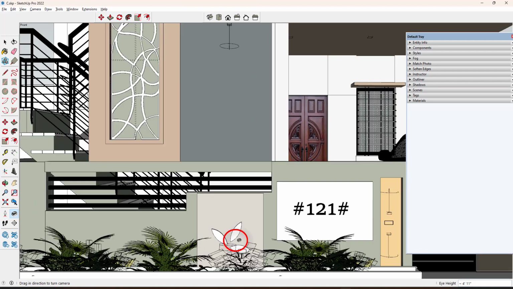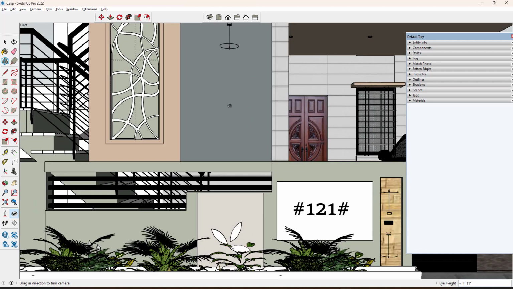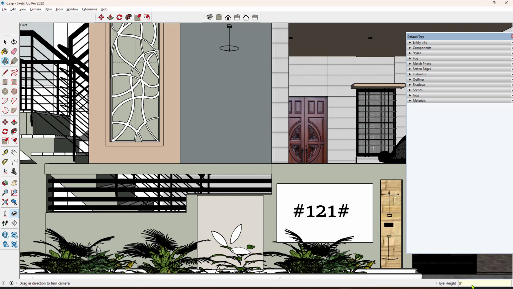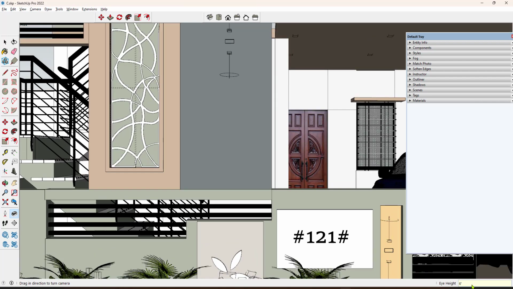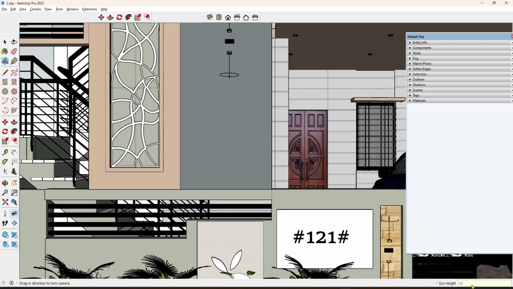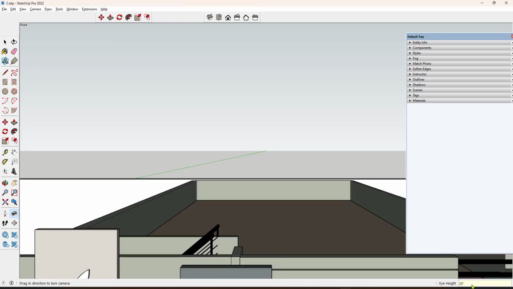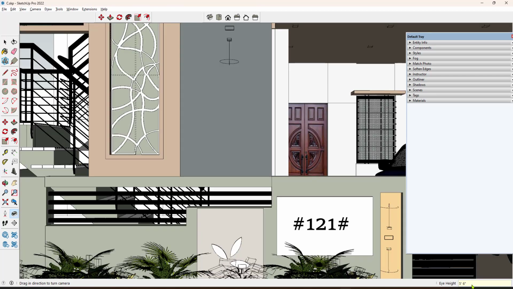Keep it here. Once you place it, you will get the eye symbol and then in the measurement you have the eye height, that is about 4 feet 11 inch. You can decrease and increase, or you can give a particular person's eye height. The standard eye height we can range from 5 feet 6 inch, between 5 feet to 6 feet like this. Or else if you have multi-stories, then you can go with 12 feet, 20 feet like this. Now I have a single floor bungalow. For that I just go with 5 feet 6 inch like this.